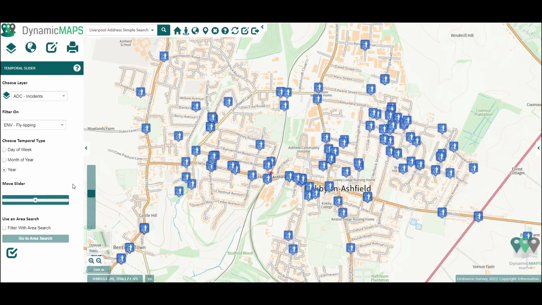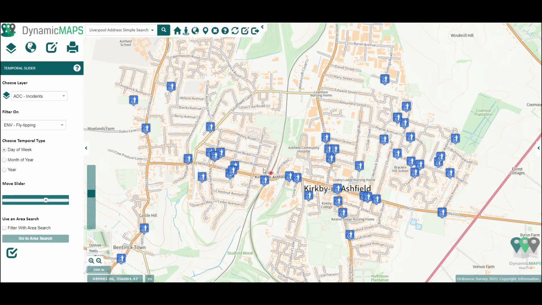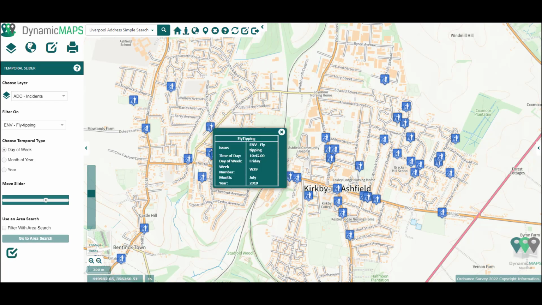Next, let's change the temporal option to be day of week, and this time the time slider allows you to choose any individual day of the week. For example, let's choose Friday. Now ticking to apply this change, the incidents in the map update to show the fly tipping incidents on a